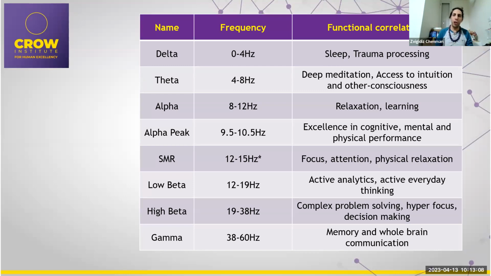Now, the lower frequencies, usually when we do brain training, we want to find some kind of a lowering yet balancing formation for them. The high frequency is just about the same. We don't need them all of the time or most of the time. And there is a specific band in the middle, somewhere between the high theta to the end of the low beta, which is where we probably want to enhance and regulate upwards for the brain to start to perform in an optimal way. So that's why it's important to understand these frequencies, to know that they exist. Not necessarily remember everything, of course, but to know that that's what we're aiming to.